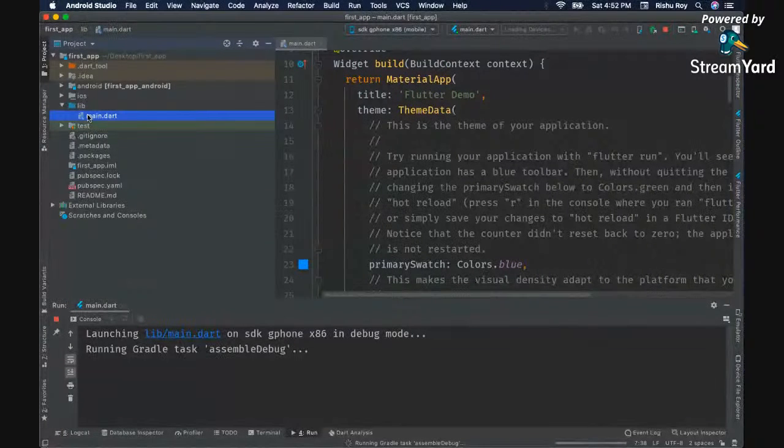Now we have the test folder, and the test folder is basically the folder that contains all the